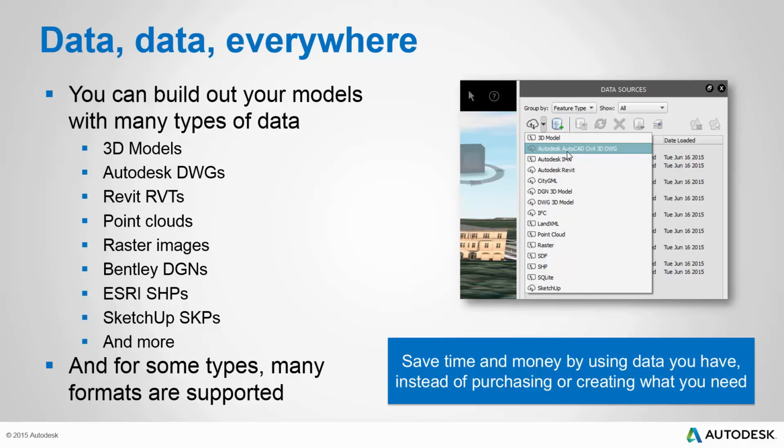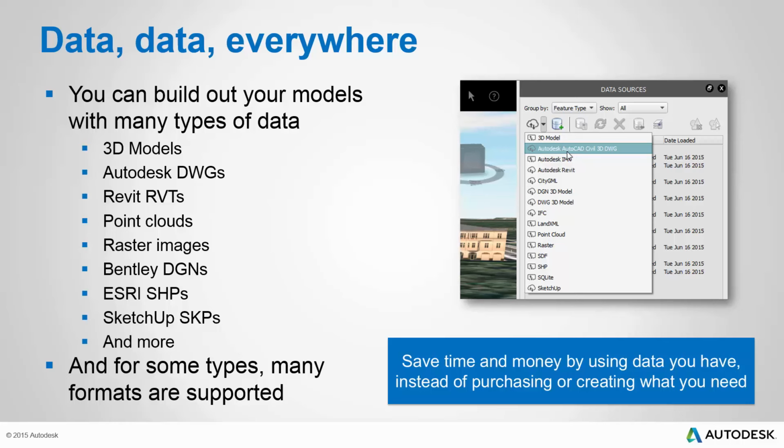This includes 3D models, files from Autodesk such as DWGs, RVTs, and point cloud files from Recap, raster images in a number of different formats, including raster images that represent aerial imagery as well as surface data or terrain data. InfraWorks 360 also supports file formats from other vendors, including Bentley, Esri, and SketchUp. And again, this only represents a small fraction of all the file formats that can be consumed